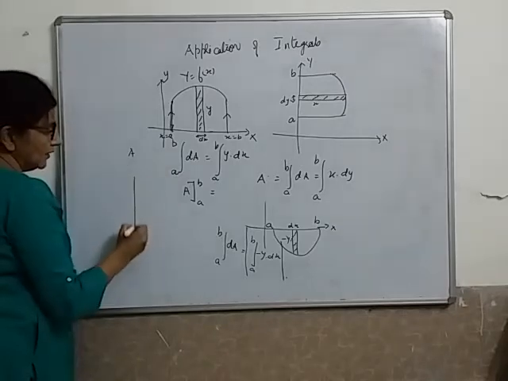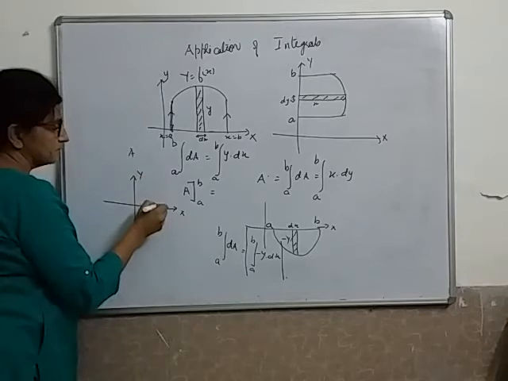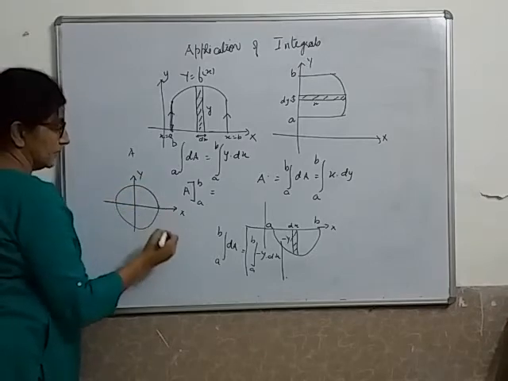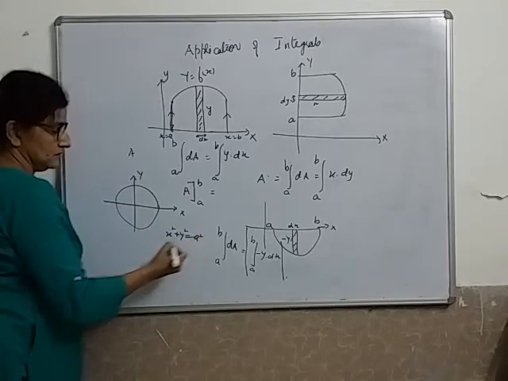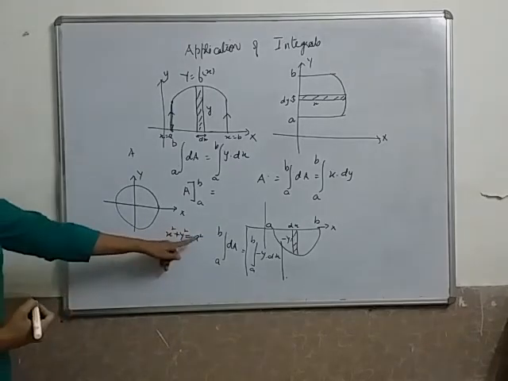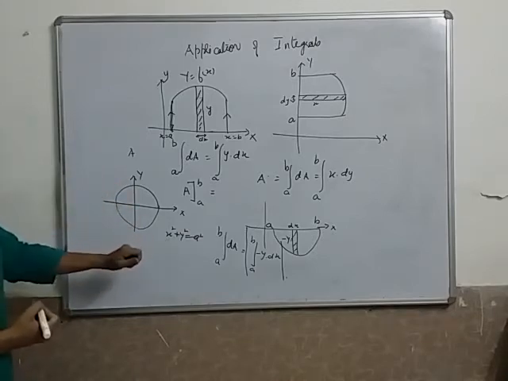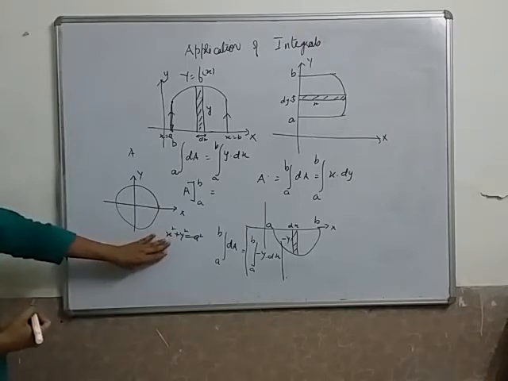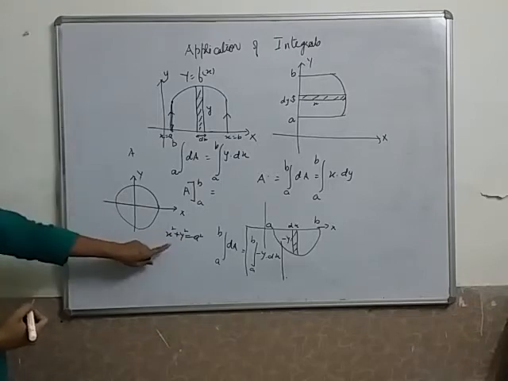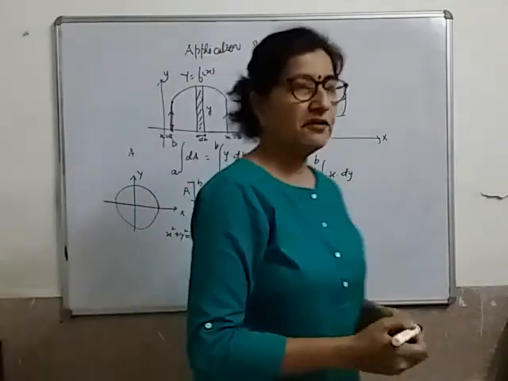So, how do we calculate? I am taking one very common example, and I should not have drawn it actually. This is the equation of a circle whose center is at the origin. We know this circle is symmetric about the origin. Why did I say that I should not have drawn it? Because in the paper you will not be given this circle. You will be given only this equation and you will have to see what figure you have to form.